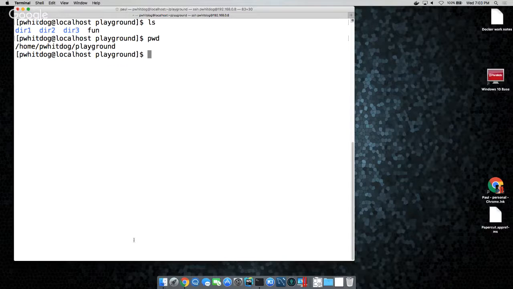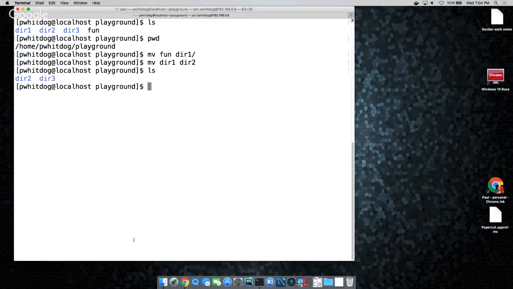Okay, now we're going to get a little bit crazy and move directories around. We've got foo at the root, so mv foo to dir1. Oh, it is there. Are mv and cp used interchangeably in some cases? No, cp would leave a copy at the source. Move moves it around. Then you're going to move dir1 to dir2. So there's no cut. Move cuts, but you've got to put it somewhere. You could do rm if you want to delete, but move moves it from the source to there.